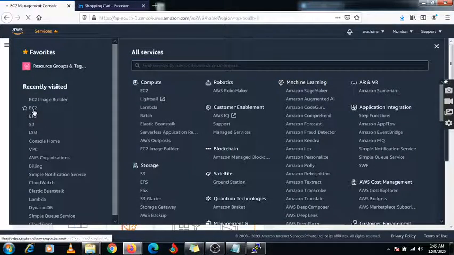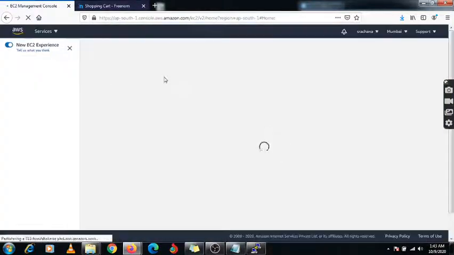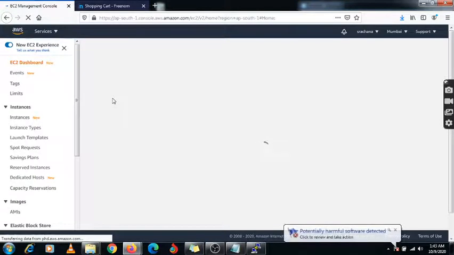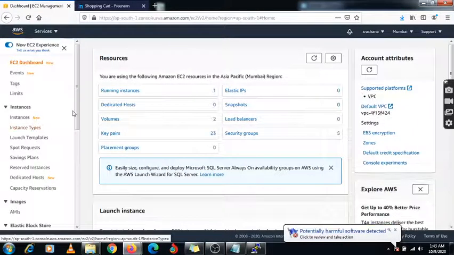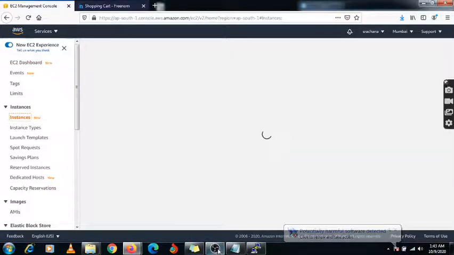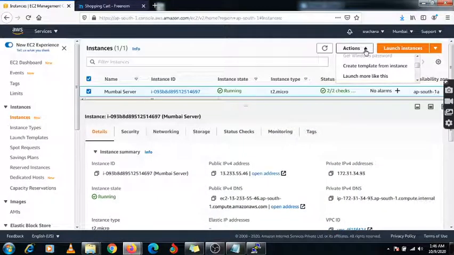Go to EC2 again. Go to instances. Just one moment. Go to Actions, and under Actions you will get the option of Image.